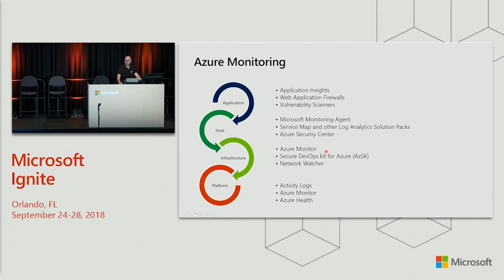If we have some additional Azure infrastructure related needs, for example, that I just briefly mentioned before, the Azure Security DevOps Kit for Azure, AZSK. It's a tool that you can use to scan for vulnerabilities of your Azure infrastructure. It tells you whether or not your Azure resources are properly configured from the security point of view. That again generates some kind of noise, some kind of data. Where do you put it? Again, log analytics. So the same with here on the monitoring agent side,